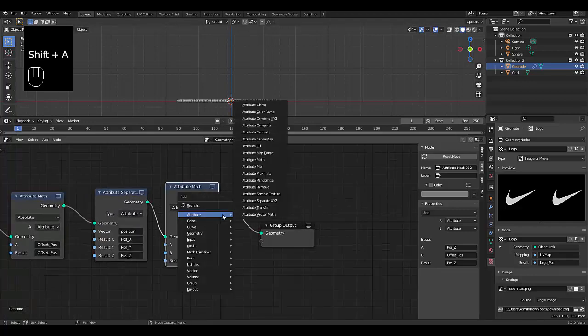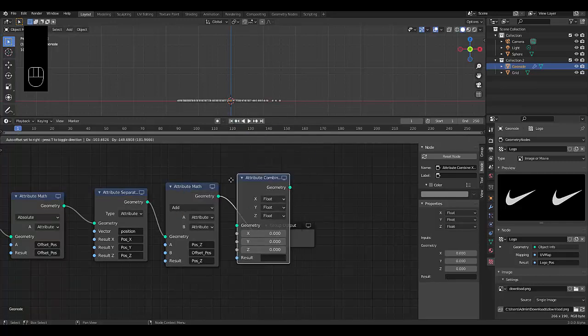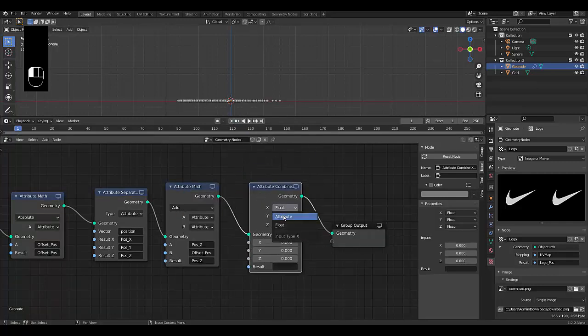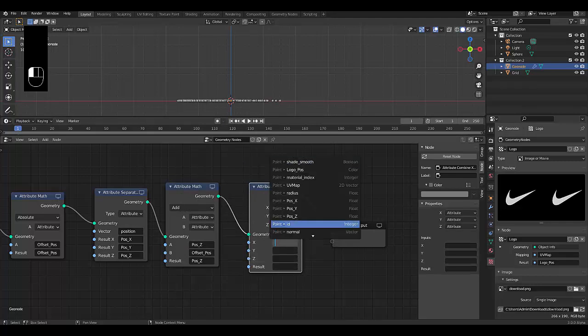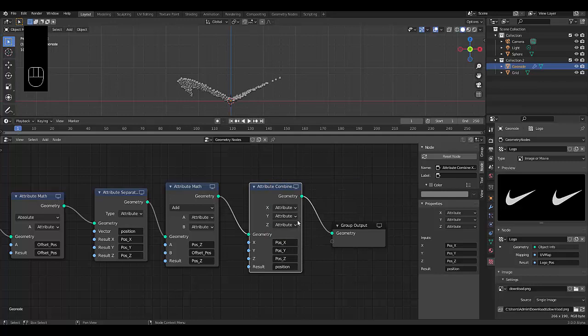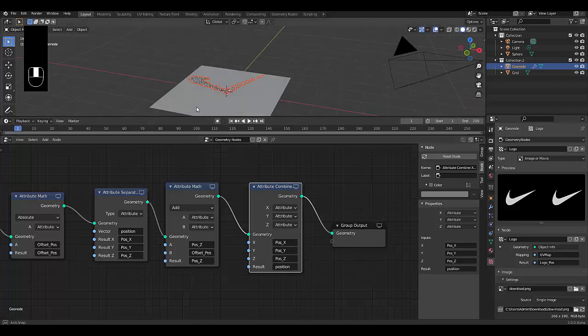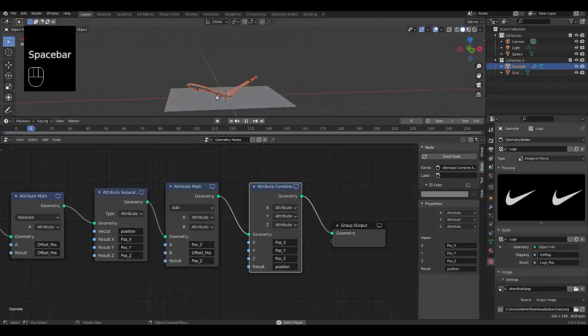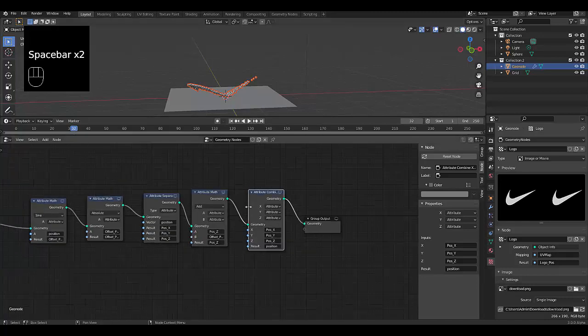Then we press Shift A, we're not done. We also need to combine it back or else it's broken. And we're going to change this to attribute, attribute, and attribute. And once again, position X is X, Y is position Y, Z is position Z. And the last one is the final position or the outcome that we want. So we'll type in POS and we'll look for just our standard position. Now when we press play, it still doesn't work,